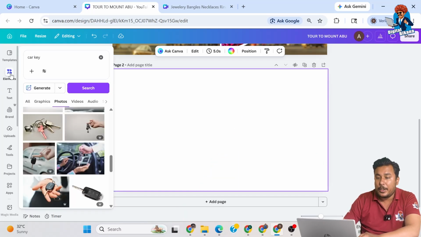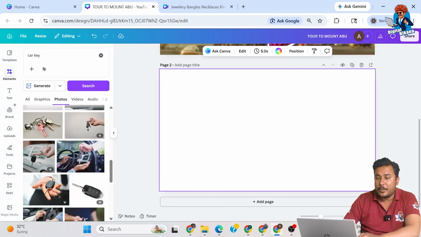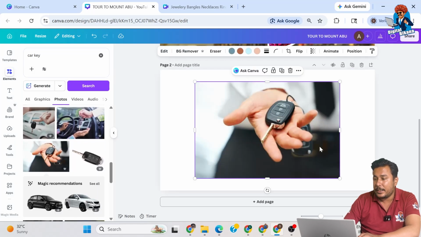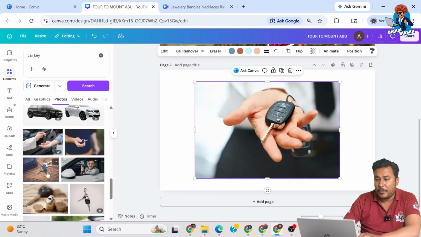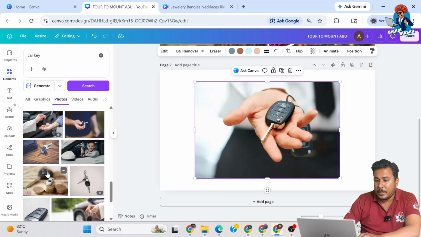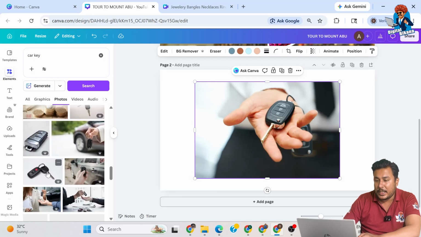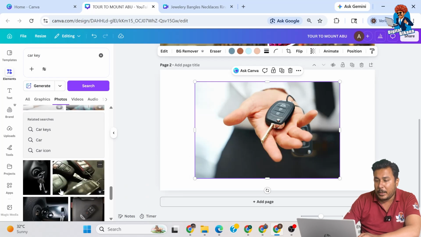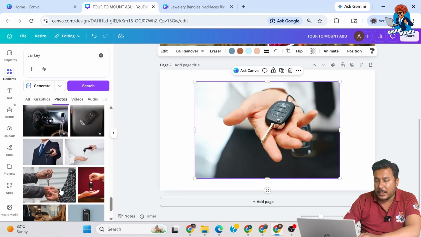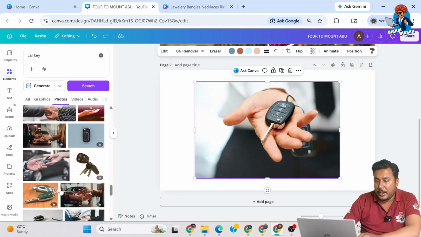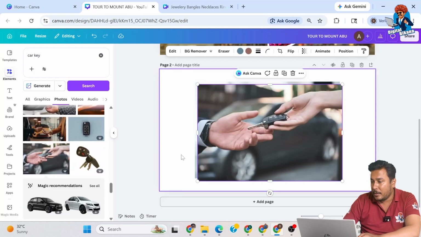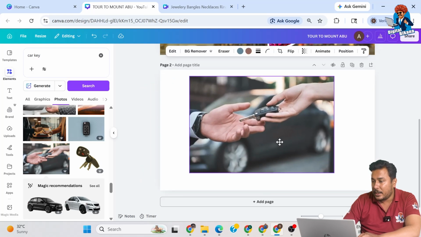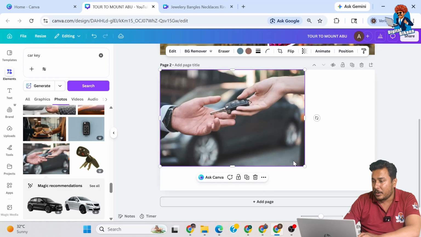Now what we are going to do is click on elements and search for car key, and here as you can see there are lots of car keys. You can simply select any of the images, so it's not necessary to select the same image. You can select as per your requirement. Here I'm just selecting another image that I like the most. Okay, this image would work. Let's delete it, and here I'm just going to place it